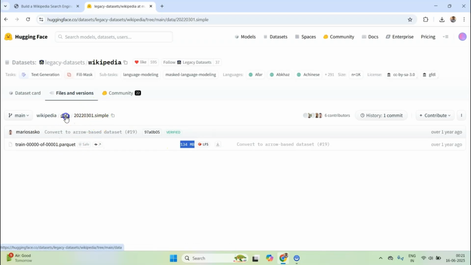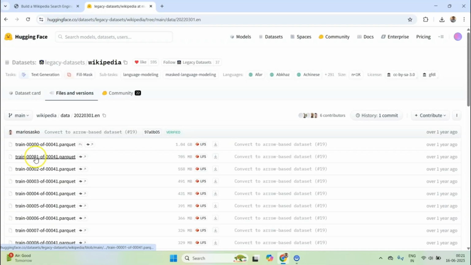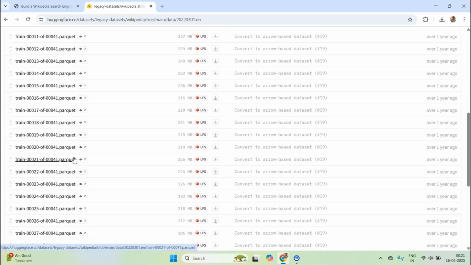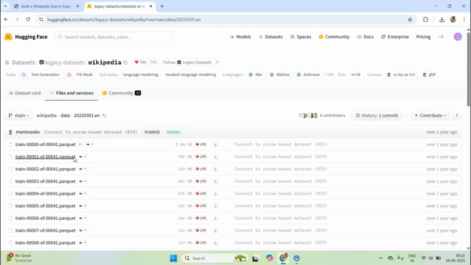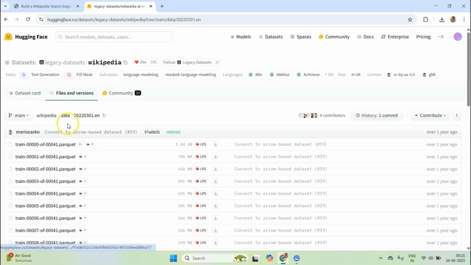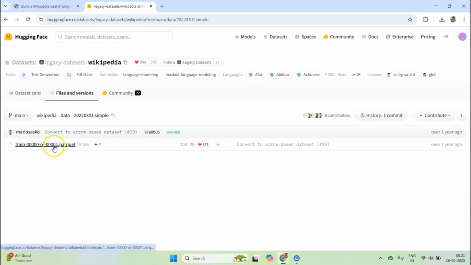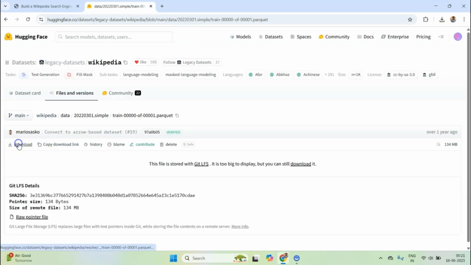And if you, let's say, want to work with the original English file, this particular file will contain many chunks of files, since it is easier to work with chunks rather than getting one massive file, because that will be very hard to load all at once in RAM. So they have split that entire file into multiple chunks. So I will go to the simple folder and I'll load this data. So I'll just click on it and I'll download it.